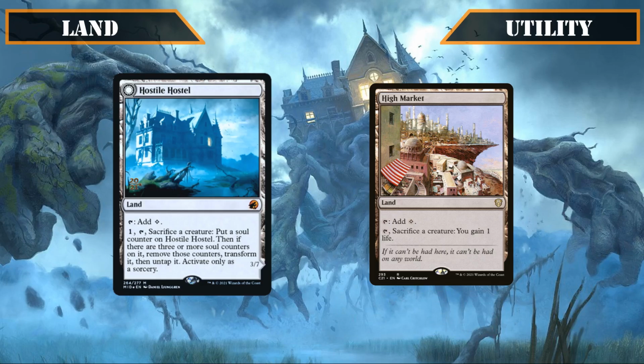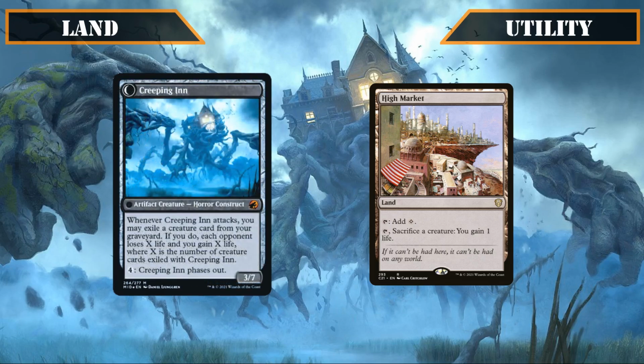Hostile Hostel taps for a colorless and we can pay 1, tap it and sack a creature to put a soul counter on it at sorcery speed, transforming it into Creeping Inn when it gets 3+ counters on it, a 3/7 that lets us exile a creature from our graveyard whenever it attacks to have each opponent lose X life while we gain X life, with X being equal to the amount of creatures exiled with it, as well as having